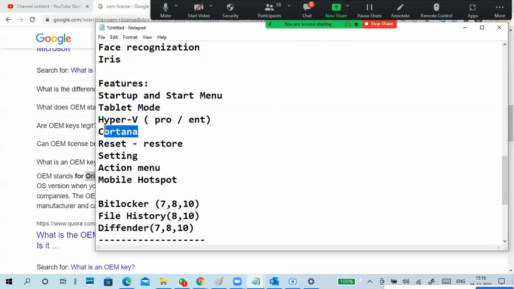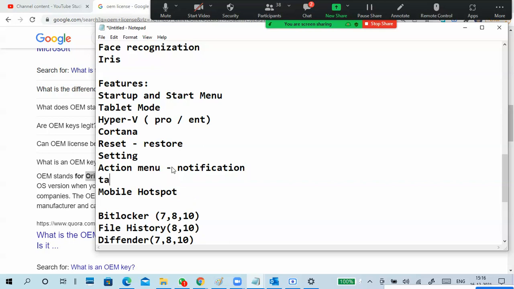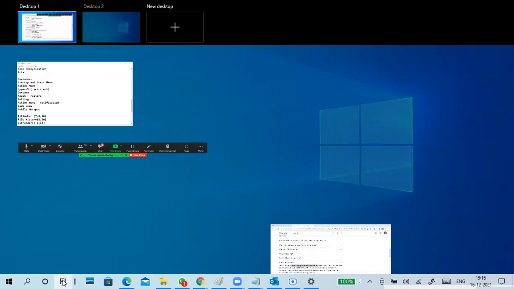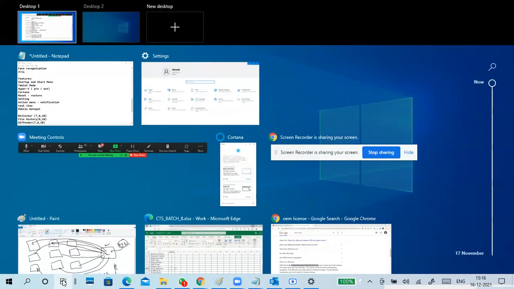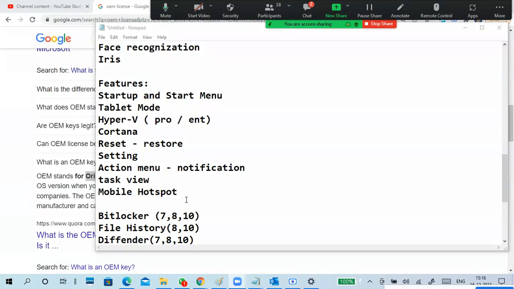Important is Cortana, Hyper-V, action menu and notification, and task view. I don't know whether you can view it or not.